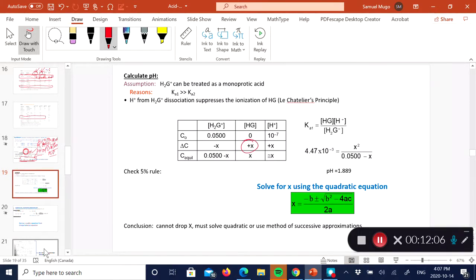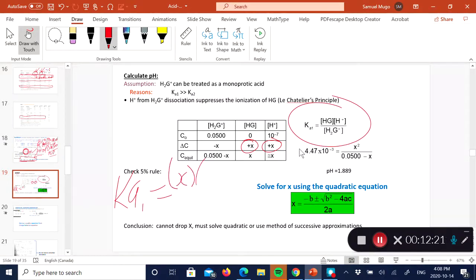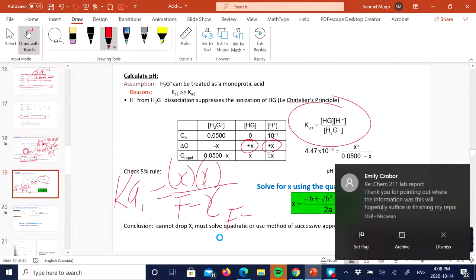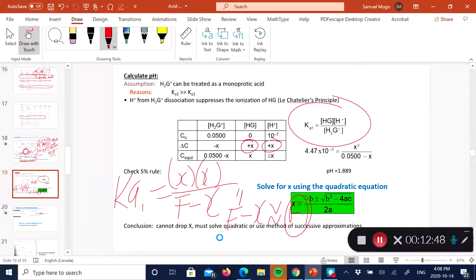Now, of course, we know for monoprotic acids, I get it hydrolyzing as follows, a 1-to-1 stoichiometry, meaning I get X forming for the hydronium ion and X forming for the amphiprotic species. And so the Ka1 really is equal to X multiplied by X, because it's a 1-to-1 stoichiometry, divided by the formal concentration minus X. Now, in most cases, you don't really need to solve a quadratic equation, because you make an assumption that F minus X is equal to F, where F refers to the formal concentration,